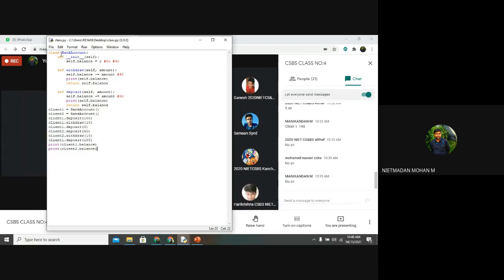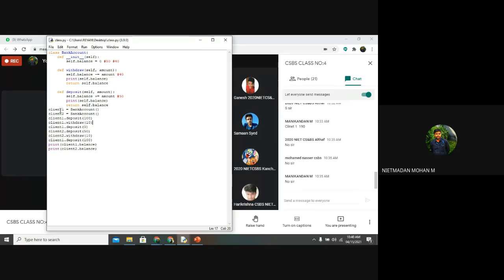When you are going to create a class, you create a class name with the keyword called class. And when you have created a class, definitely you want to create an object. The object syntax will be object underscore name is equal to bank underscore class underscore name. So this is the creation of an object. You can create n number of classes, even one class, or 2 classes, 3 classes, to n number of classes.